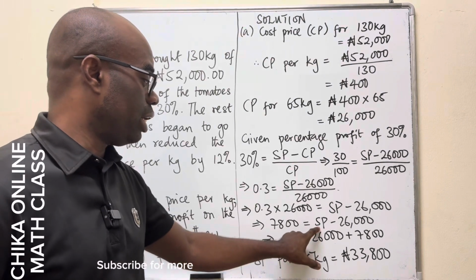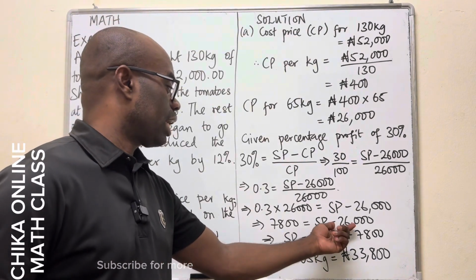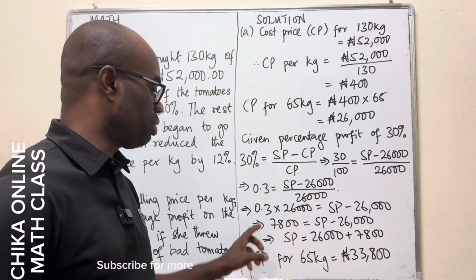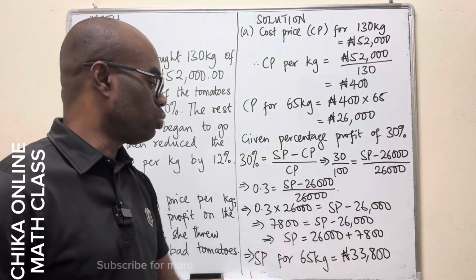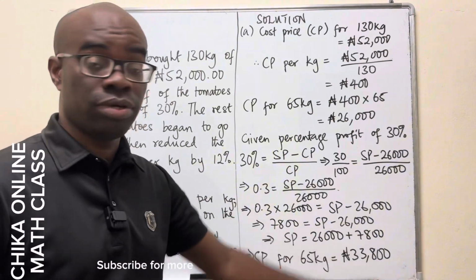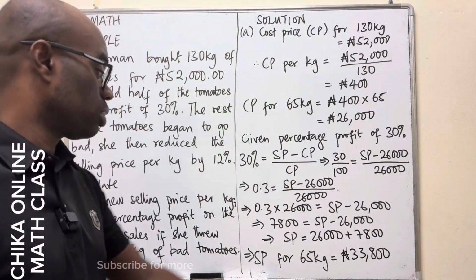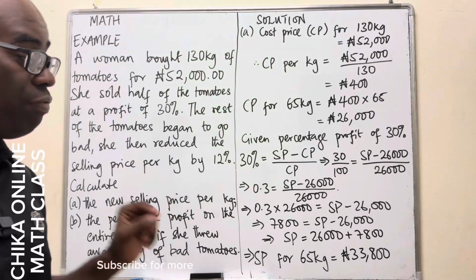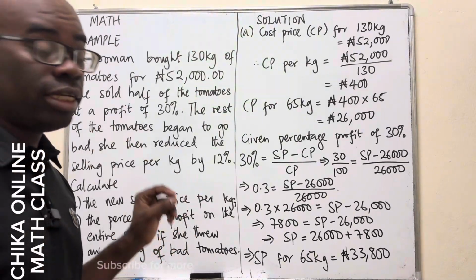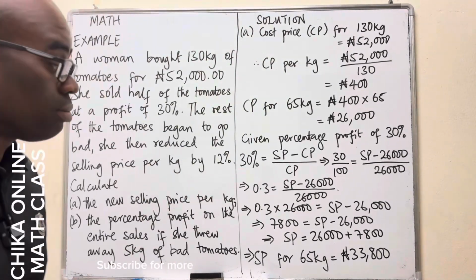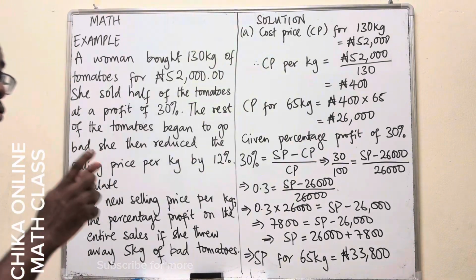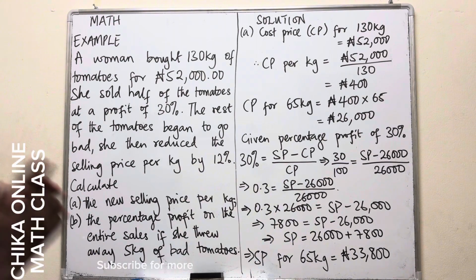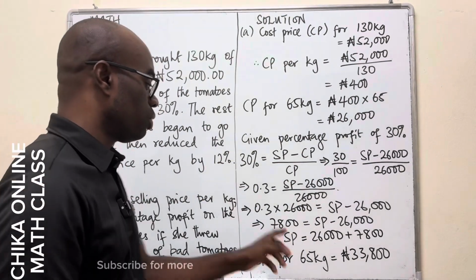So to make SP the subject of the formula, carry minus 26,000 across this side. It will become 7,800 plus 26,000. That's 26,000 plus 7,800, which will give us 33,800. So the selling price for 65 kg is 33,800 naira. So we need to find out the selling price for 1 kg. To get the selling price for 1 kg, you divide